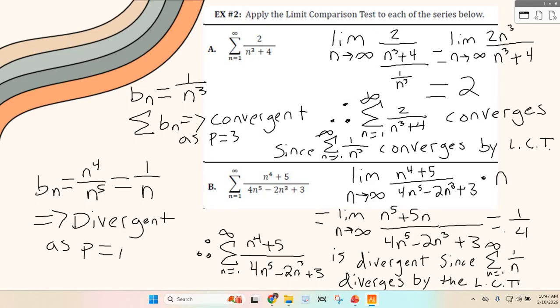What happens if p is a negative number and we can't use the P-series test? So if p is a negative number, then technically it would just be in the numerator. Like if I had 1 over n to the negative third, it's technically just n cubed, and now it's no longer a P-series, right? Because my P-series is specifically a fraction of 1 over n to the p, right? Now you could start with something that has negative, right? n to the negative third is a P-series because I can rewrite it as a P-series, but it doesn't go the other way because then now technically it's not a P-series because it's not a fraction. So you would have to do something